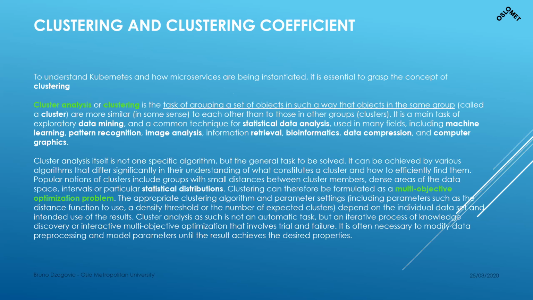So clustering is used for everything. You have clustering in birds, in galaxies, in ants, and everything that works in an orchestrated way is forming some sort of cluster. There are different ways clusters are formed, and mathematically it's formulated as a multi-objective optimization problem. In network theory or graph theory, clusters can be defined as graphs. They can also be defined as neural networks in machine learning. So these are just basic ways how things tend to work when they work in a group.